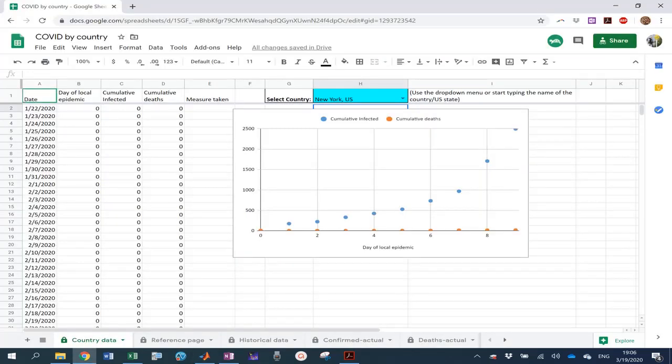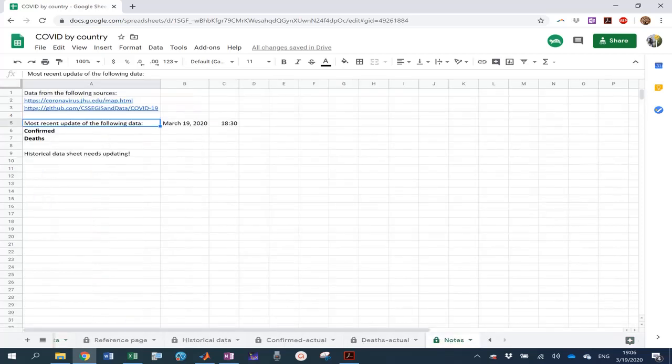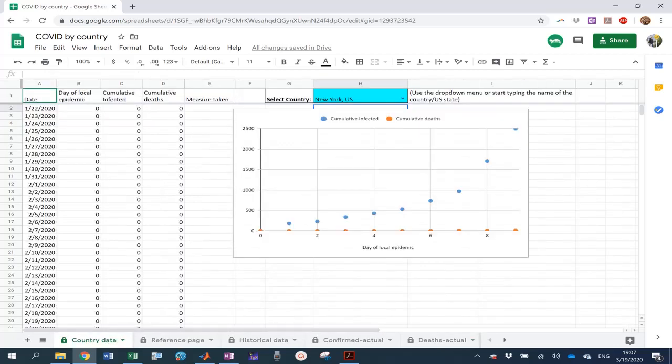As many of my students can attest, I am not a huge fan of Google Sheets. I prefer Excel. It's more user-friendly, a bit more powerful, but for the purpose of sharing, I've created this Google Sheet, and what it does is it references data coming from the exact same source that Johns Hopkins is using, and here it is. I'll link to it also in the description of the video. And I update it daily. In fact, I just updated a few minutes ago.